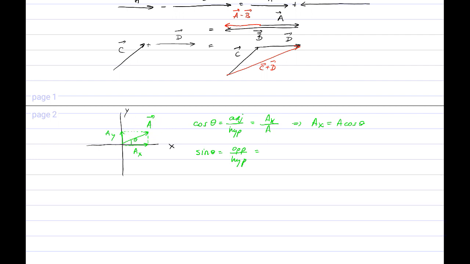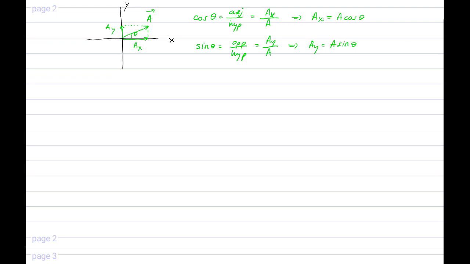So the opposite of angle theta will be A y. So we have A y divided by the hypotenuse, which is still A. So that means that the y component is A sine theta. Okay, so this is how we break a vector up into components. Now, if we want to add two vectors, so let's say that we have x and